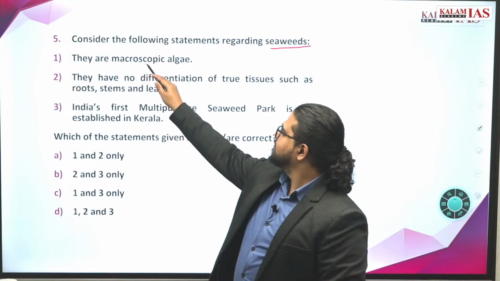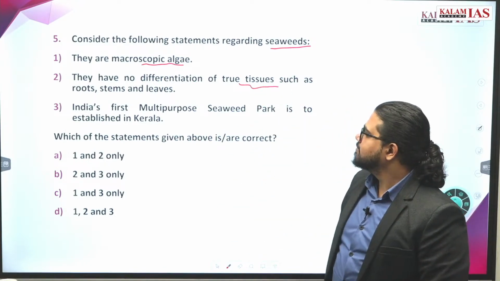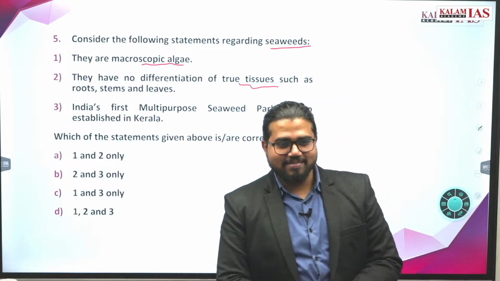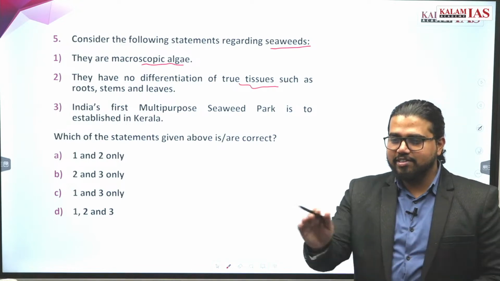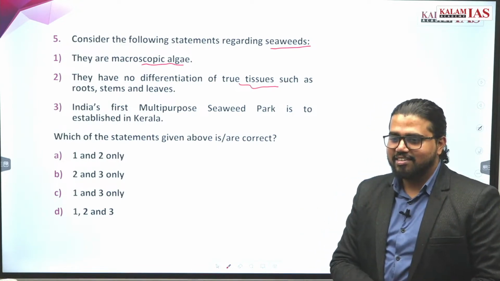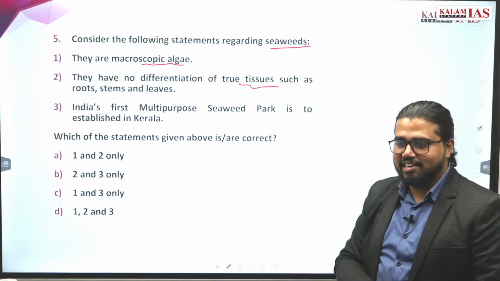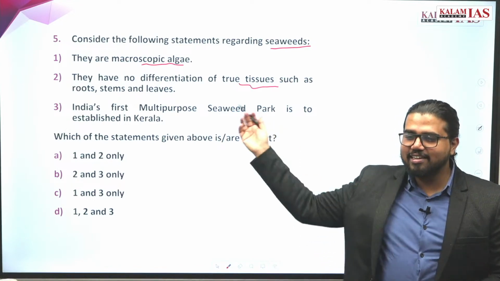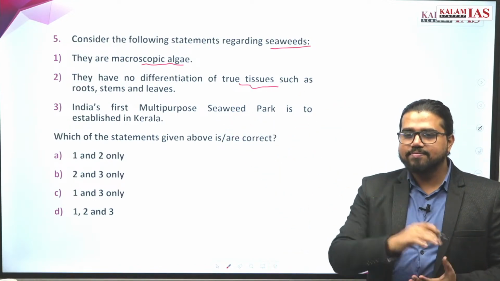Okay. Second one is the differentiation of issues such as roots, stems and leaves. So both statements seem contradictory. Okay. Any other suggestions? You have left the answer. You are very good at leaving. Try to do something here. Here we are not practicing leaving. Leaving also is required in the exam, but here you do try to apply some kind of logic.